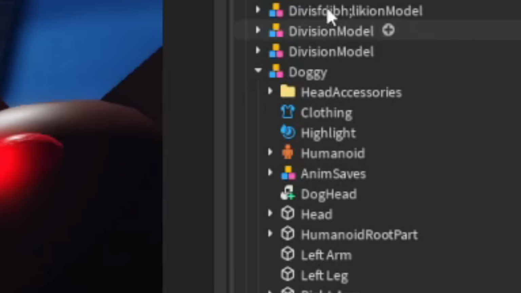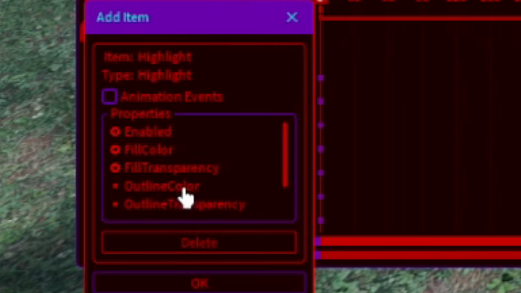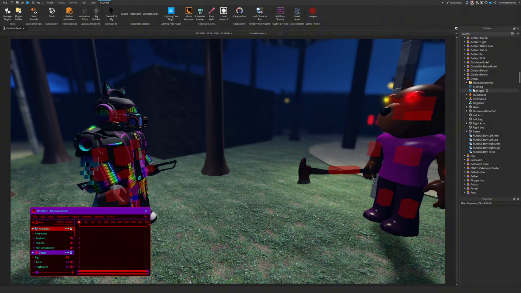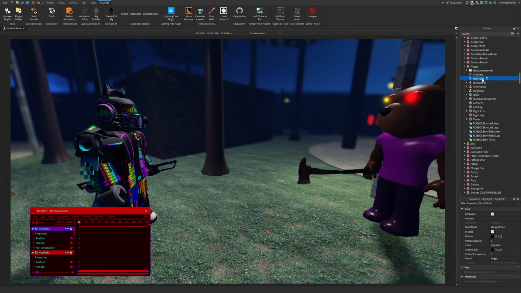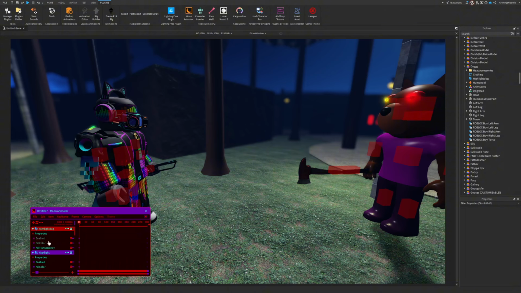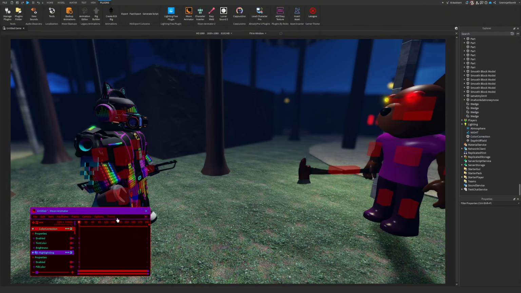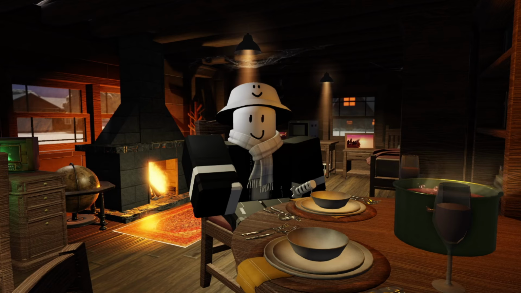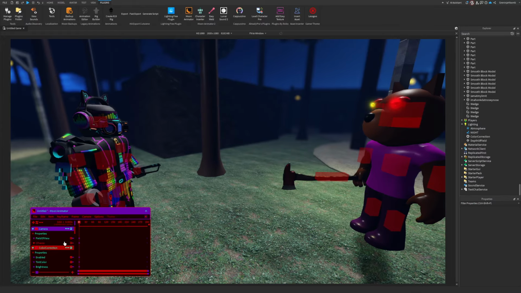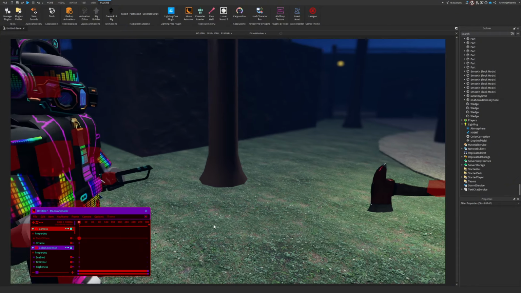Then also add the highlight, which we'll have to enable, fill color, and fill transparency. Like, that's fine. So you add the highlights of all the characters to Moon Animator, and the color correction. Then you animate the scene, and then you get to animating the impact frame, which is a little bit complicated, but I believe you can figure it out. And if you're still struggling, search up a tutorial made by someone who was not me, and who was better at explaining. Okay, let's get to animating. 50 FOV.